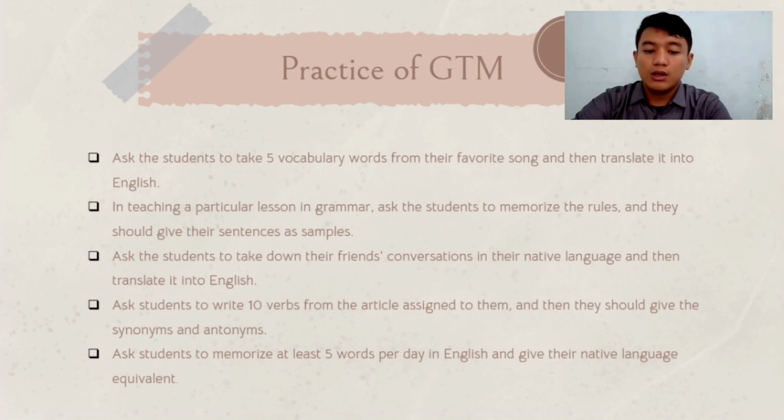Third, ask the students to write down their friends' conversation in their native language and then translate it into English. Fourth, ask a student to write 10 verbs from an article given to them, and then